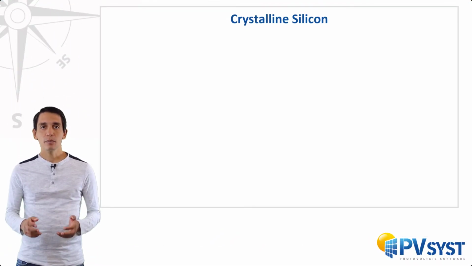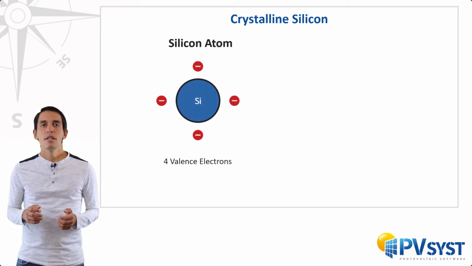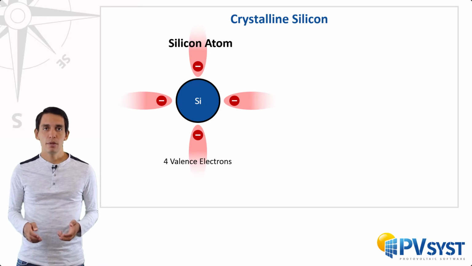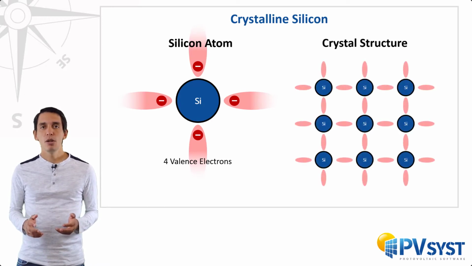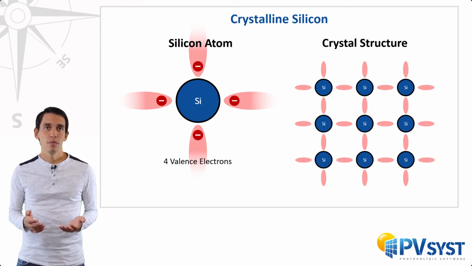Crystalline silicon is the most commonly used material for solar cells. Silicon atoms each have 4 valence electrons, and when they are in a crystalline structure, they are each bonded to 4 neighboring atoms. A 2D model of the structure would look like this. Now here, it is hard to conduct electricity because the vast majority of these electrons are in these bonds, shown in red, at an energy state way lower than the conduction band.